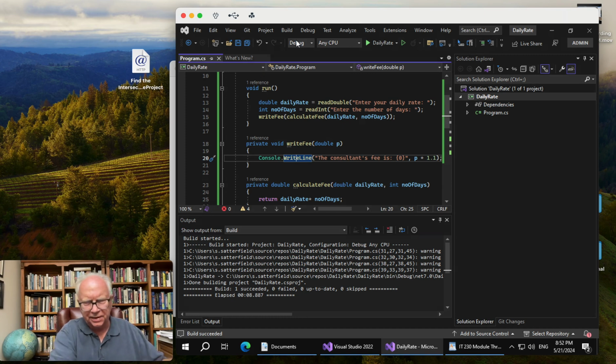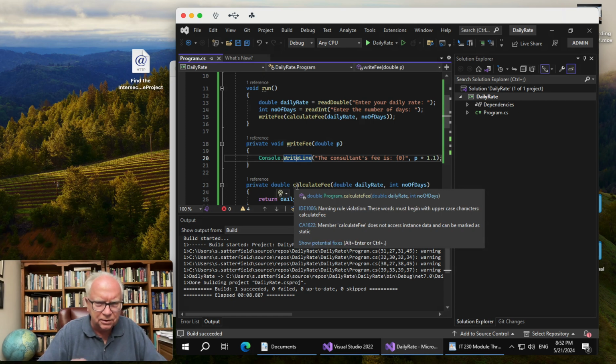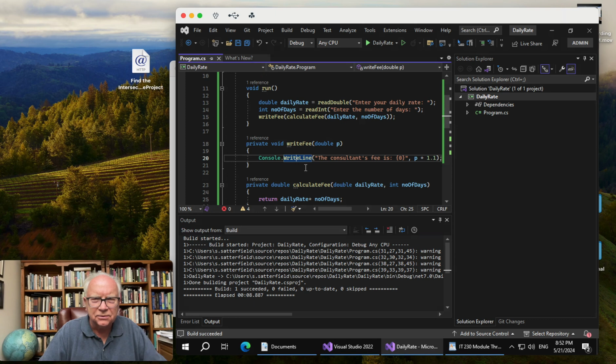You may be accessing some library that wasn't part of the build that has some syntax errors, but that's a different matter. For the code that we're building, there can be no syntax errors if the code builds and runs successfully. So we know it's built successfully, so let's run it